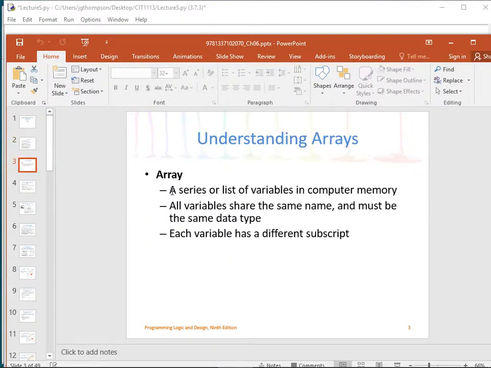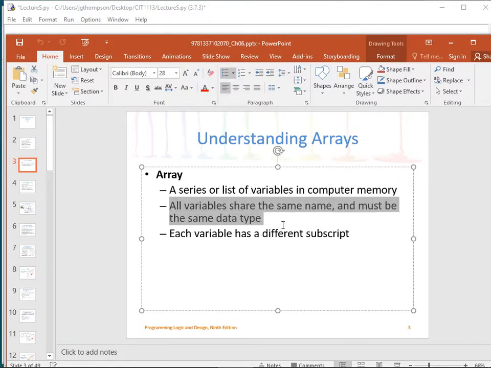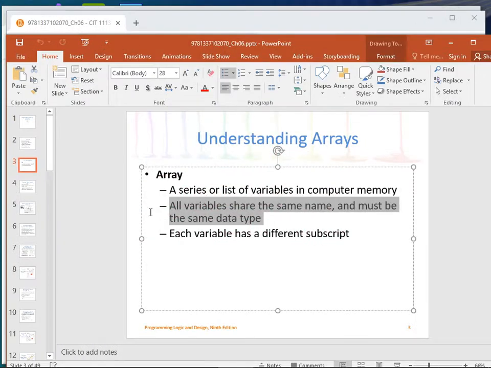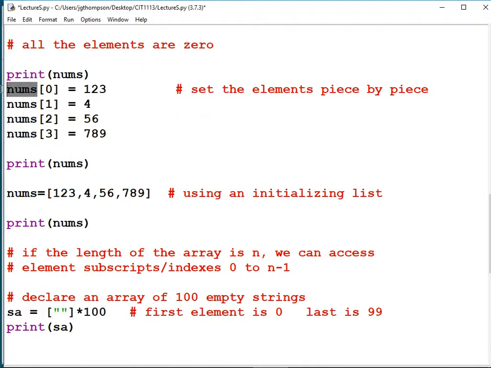So an array is a series or list. I'd prefer to use the term series because a list has a very specific meaning of variables in the computer memory. And they all have the same name and the same data type. Very important that they are, right? They certainly do have the same name, right? Every number had the name nums, and they were all distinguished by their address, right? Just like if I live on Forest Lane, we all live on Forest Lane, and we're only distinguished by our addresses. I live on 224, you live on 228. Trent lives on 225 across the street, whatever.